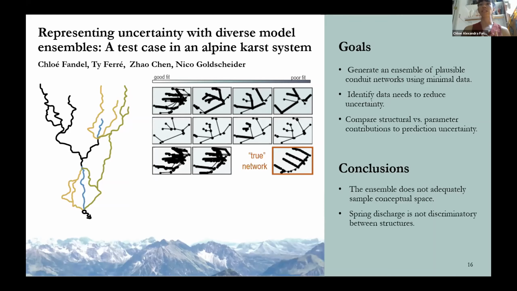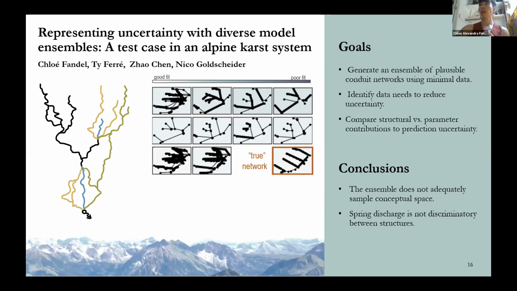So spring discharge isn't really allowing us to discriminate between structures, which means that we need a different type of data or perhaps a different way of analyzing that data to be able to tell apart which networks are plausible and which ones aren't. And then the other thing that we looked at with this ensemble is the importance of